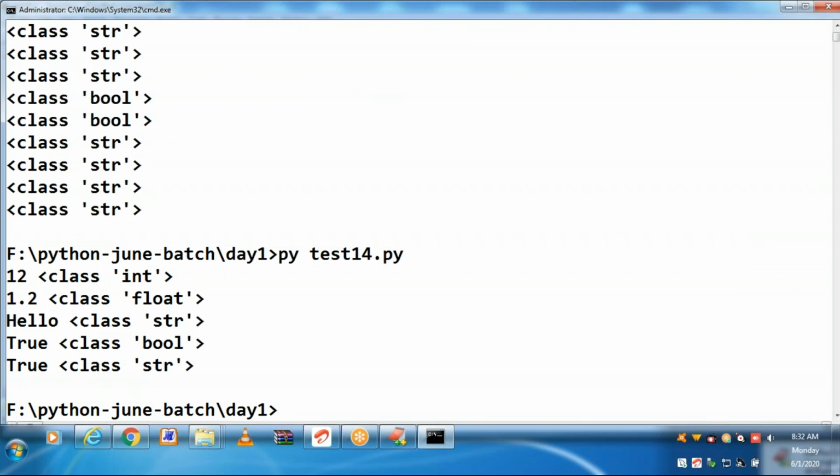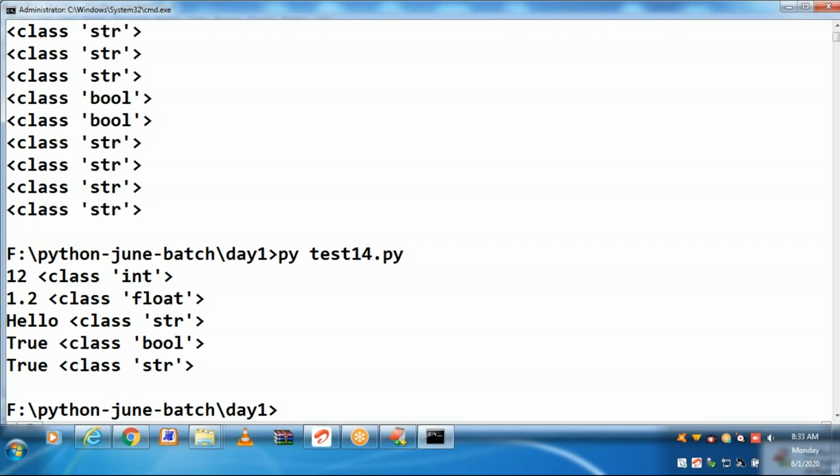Dynamically from one statement to another statement, the data type of the variable is changing automatically based on the value whatever you are assigning.